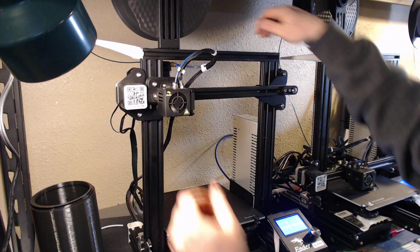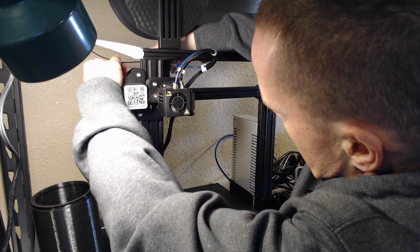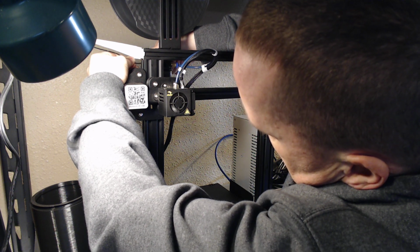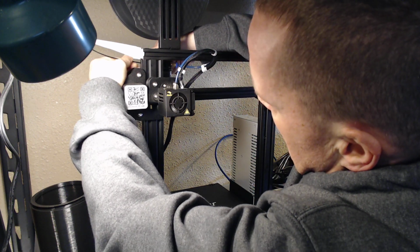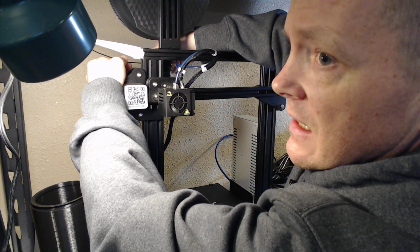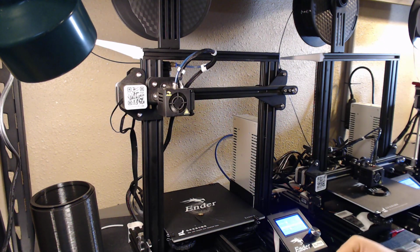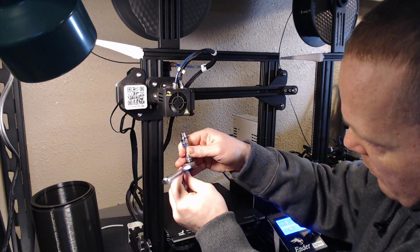So we're going to walk through and I'll show you how I replace a nozzle, and maybe it'll help you going forward. So in this case, I'm shoving the filament in a little bit and then I'm going to draw it back. And it came back, it's kind of sticking in there, and that sticking is an indication that there is a gap between the PTFE and the nozzle. So in this case, I'm going to remove the nozzle with a 6mm